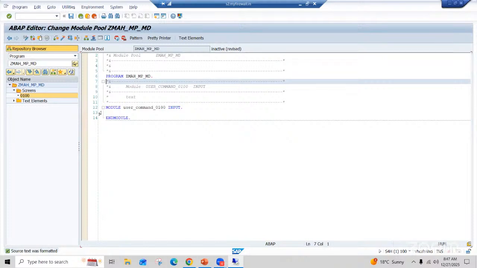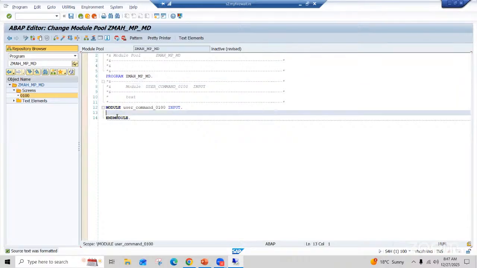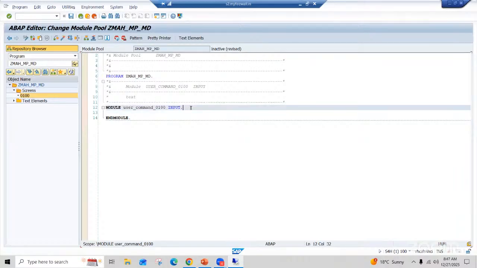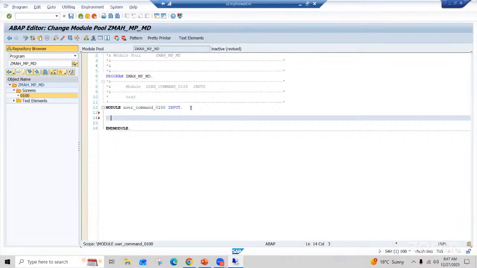Now you see that the code has been formatted now. So you are going to write the code inside this module and end module. Inside this module and end module, you are going to write code here now. Here you should handle that double click functionality or button functionality. You should write IF SY-UCOMM equal to,